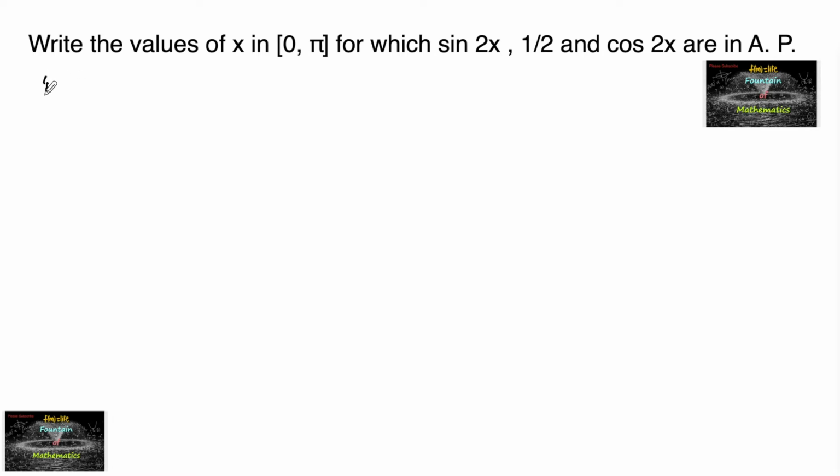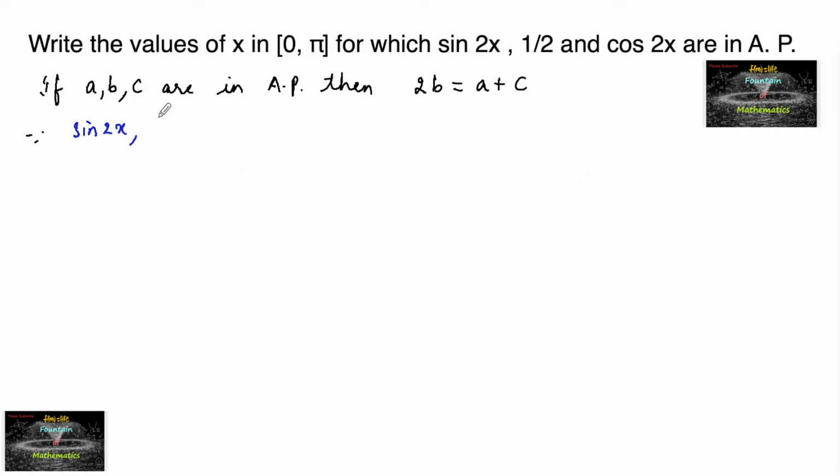Since we know that if a, b, c are in arithmetic progression, then 2b is equal to a plus c, and here since sin 2x, 1 by 2 and cos 2x are in arithmetic progression, which implies 2 into 1 by 2 is equal to sin 2x plus cos 2x,